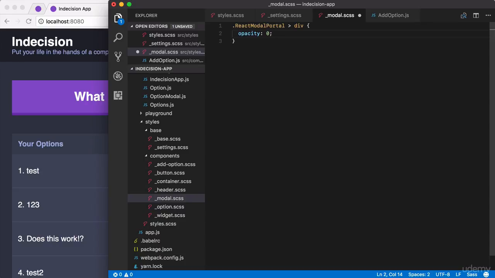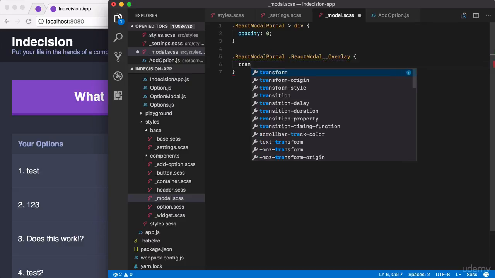What we're going to do is transition it to completely visible over the course of about 200 milliseconds, which is going to create a really nice effect. Down below, we can go ahead and start doing that. Right here, we are going to once again target React Modal portal, the class, and we are going to look for inside of there an item with the class of React Modal __overlay, which we also saw in the Elements panel. This is where we're going to define the transition style, telling the CSS exactly which property we want to transition